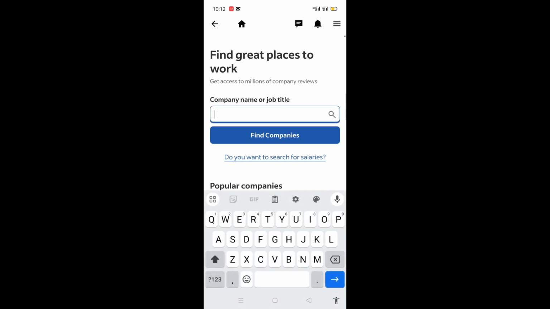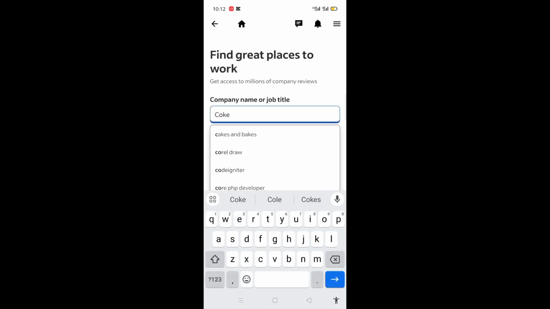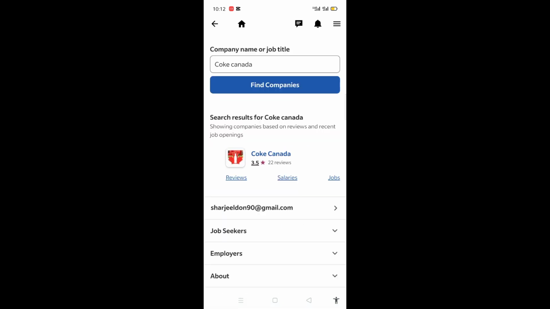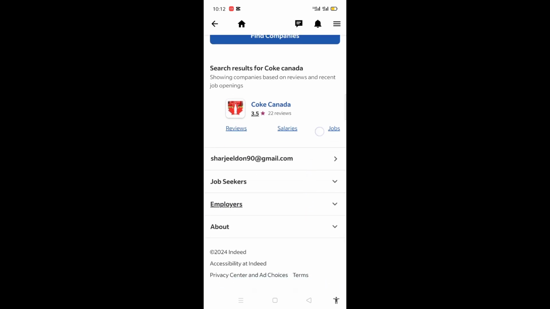title. So I will write an example there, Coke Canada. Is this the company of cold drink? So I will find the company of this. So there is the red icon, you will see Coke Canada. So I will click it